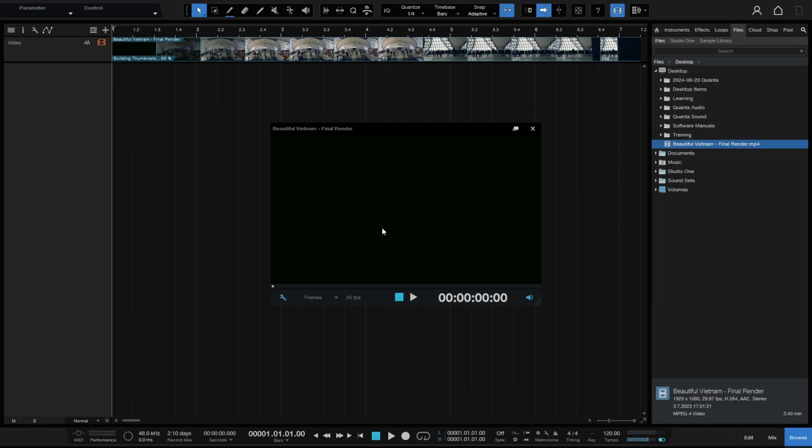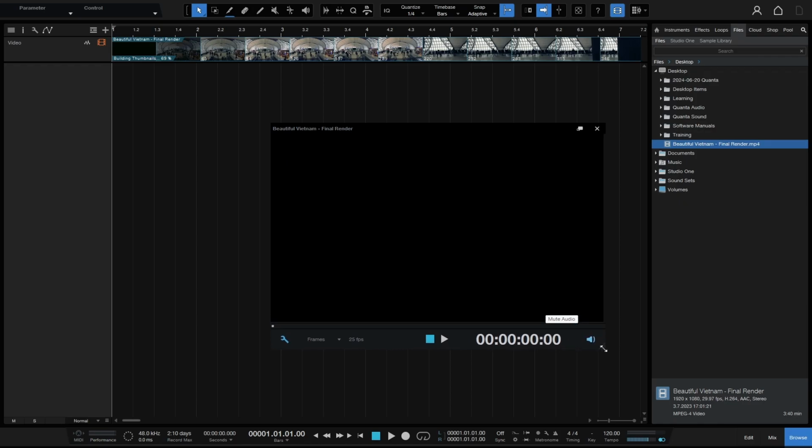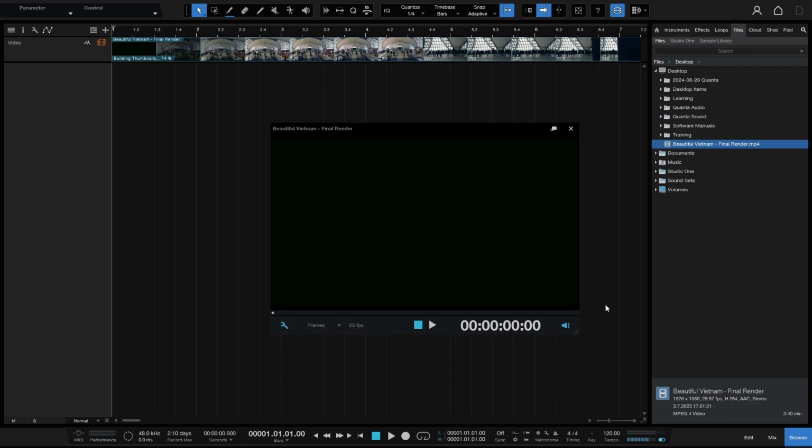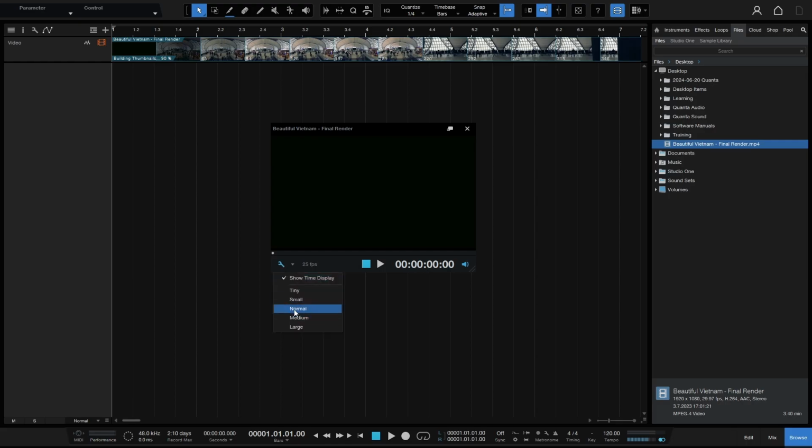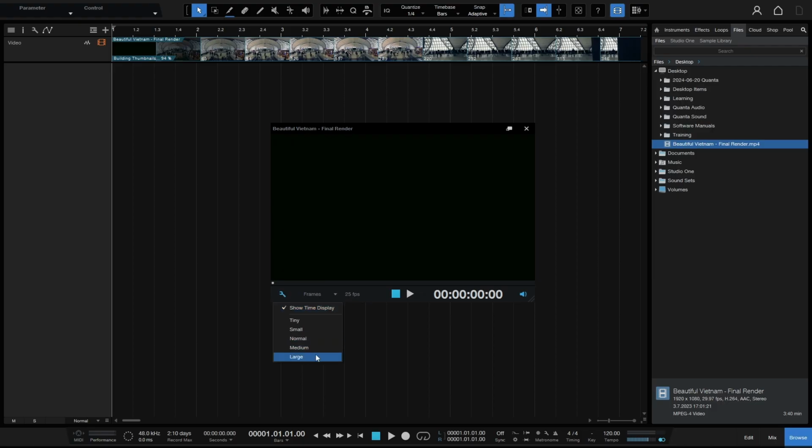Now, a few things to know about the video player is that we can change its size by click, hold, and dragging in the bottom right-hand corner. And we also have some presets by clicking on the wrench icon here. So we can choose small, normal, etc. from the menu here. We can also choose whether we're going to see a time display. So this is off by default, actually. So this is what you're going to see if you haven't made the decision to show the time display. So clicking on the wrench, we can then see that. And now we have this drop-down menu where we can choose whether we're going to see seconds, samples, bars, or